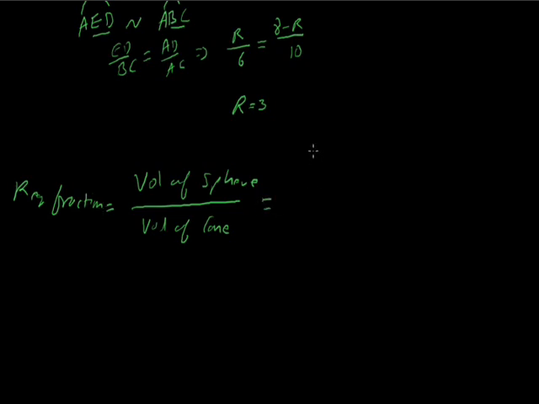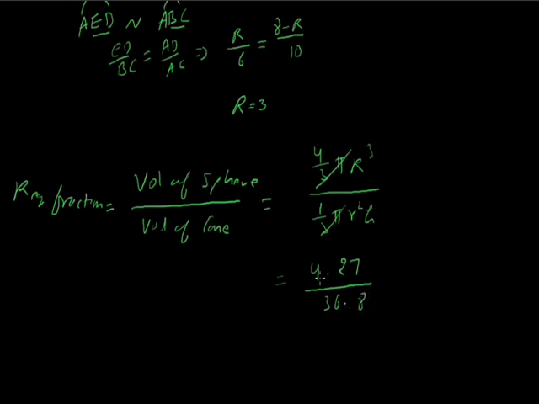So the volume of sphere is 4 upon 3 pi capital R cube, and the volume of the cone is 1 upon 3 pi small r square small h. So pi by 3 gets cancelled. We put the values: 4, capital R हमने find कर ही लिया, that is 3, so 3 का cube that is 27, small r की value 6 दे रखी थी हमें, तो 6 का square that is 36, small h हमें दे रखा था 8. Now 4 से हमने 8 को कैंसिल किया 2 टाइम्स, 9 से ये कैंसिल हो जाएगा 3 टाइम्स और ये 4 टाइम्स, so the required ratio is 3/8. Thank you.